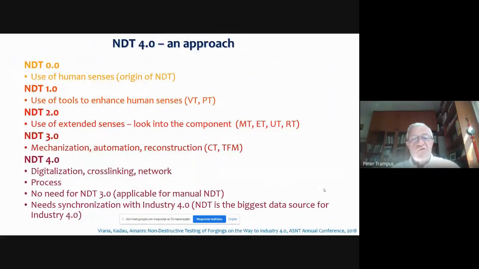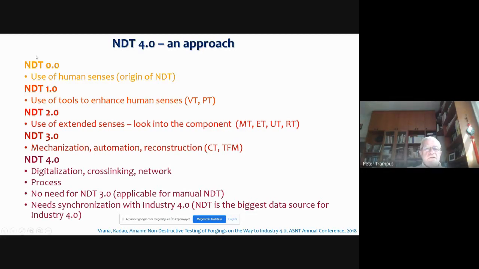And finally, just a word about NDT 4.0. You know, Industry 4.0 is a concept now. It is merging the virtual and the technical engineering area, and taking Industry 4.0 into consideration, non-destructive testing started to position itself in this new world.